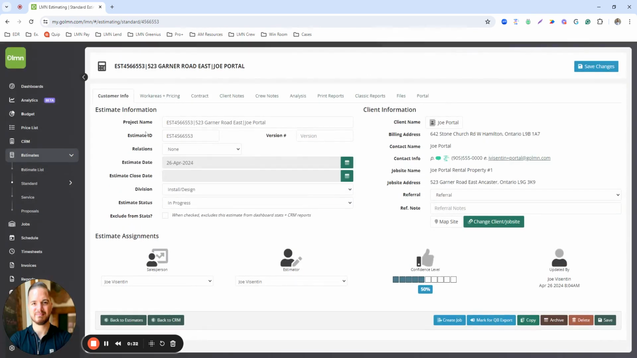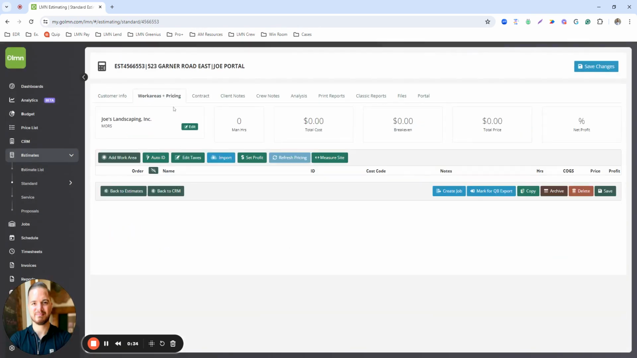Now what you'll see is an estimate that's created, but it is blank. Now, the typical workflow would be to go in here, add my work area, add the labor, the equipment, and all the required materials. So to help me streamline this and save some time, I'm going to utilize the import button in the middle here